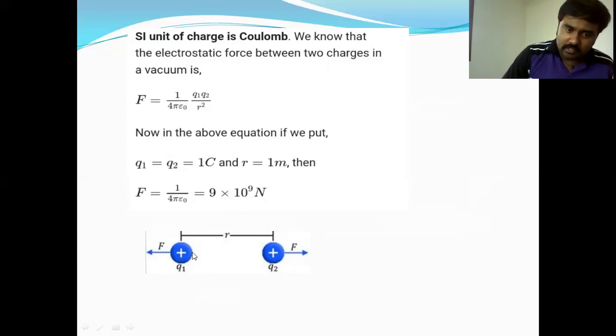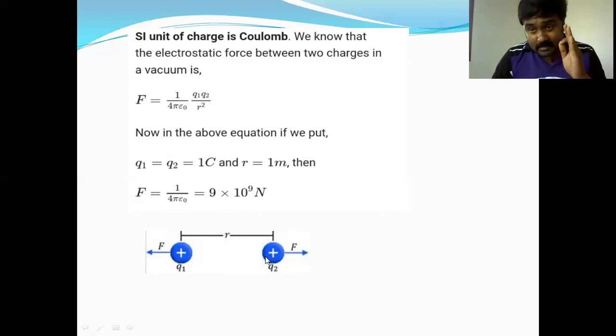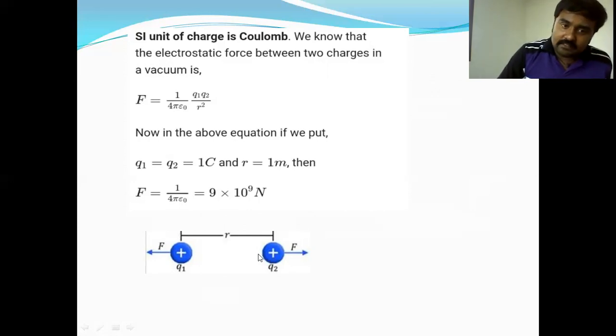Both are the same, both are point charges. 1 coulomb is the charge which, when placed at a distance of 1 meter from an equal and similar charge, that is placed in air or vacuum,